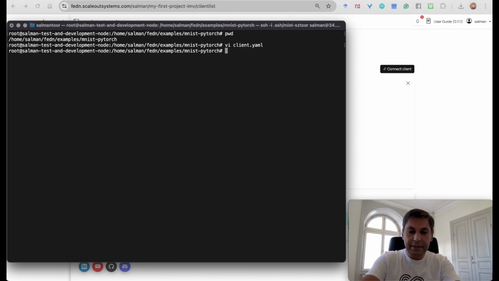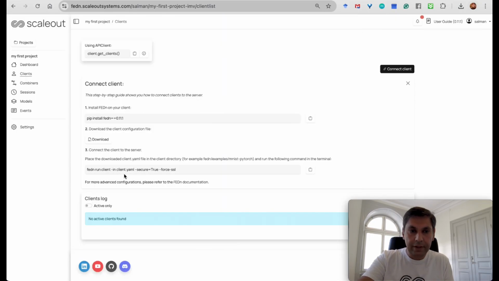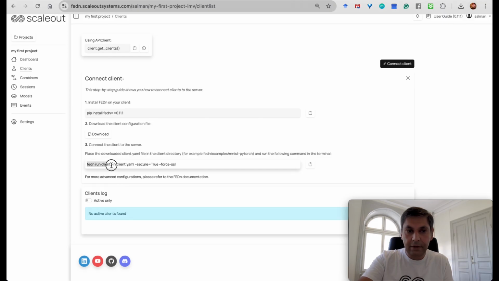So now if I say ls -l, you can see that I have 3 new contents in this folder. First, I have created the compute package, I have created the seed model, I uploaded both of them to the server, and then I have this client.yaml file, and this is the file that allows my client to connect securely to the server side. For that, what we need to do is to run the command FEDn run client, and